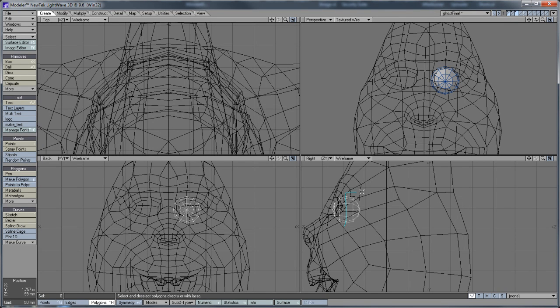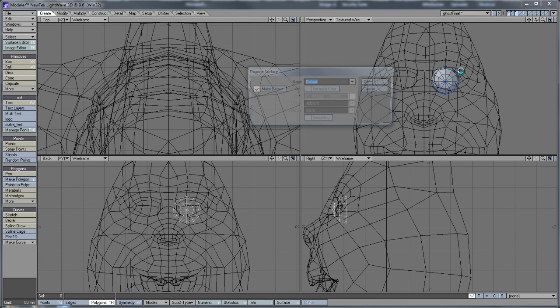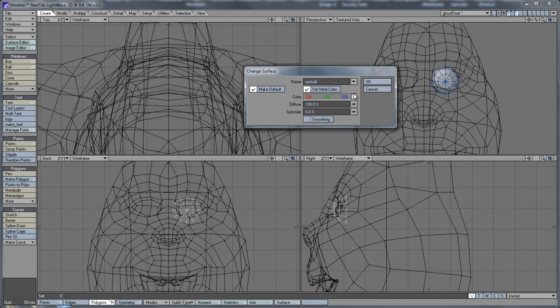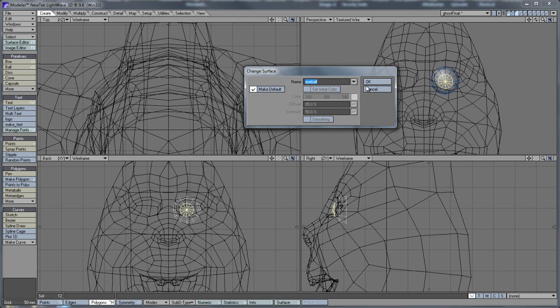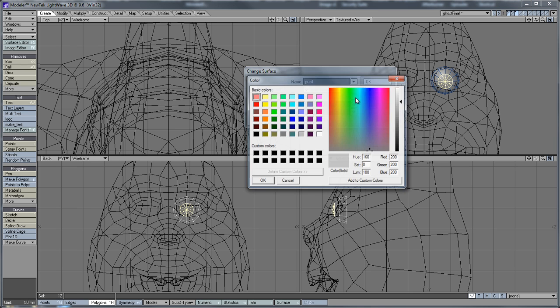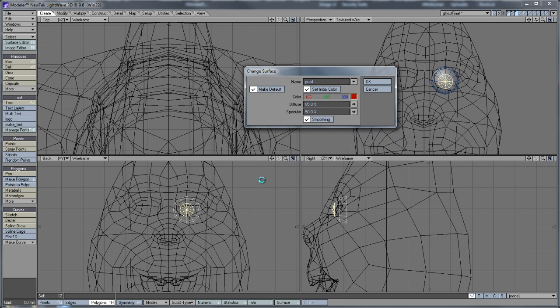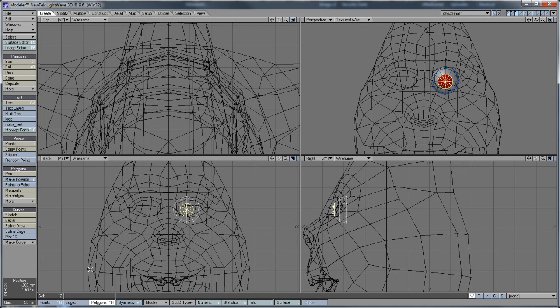I'm kind of making an assumption at this point that if you use Lightwave, you know all the basic features of it, like change surfaces. So I'm not going to go through and describe each of the things I'm doing. I think most of you guys know, and if you don't know, it's just a matter of practice. And I'm trying to show the keys that I'm hitting. Q brings up that surface editor. So you just basically select the polygons you want, hit Q, give them a surface name, and change their color. And I added just a little bit of specularity to the eyeballs.